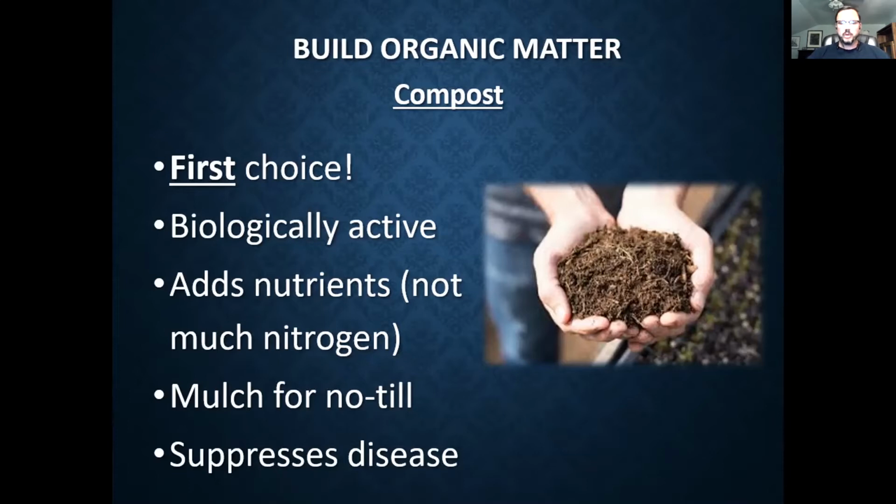It can be used as a mulch in a no-till system. It'll have to be fairly deep so that you can help suppress the weeds. And again, that active soil life is going to help suppress the disease pressures that are in either their soil or coming through the air. Having a diverse population in your soil, that soil community, is going to take up room for the negative entities to not have as much room to spread